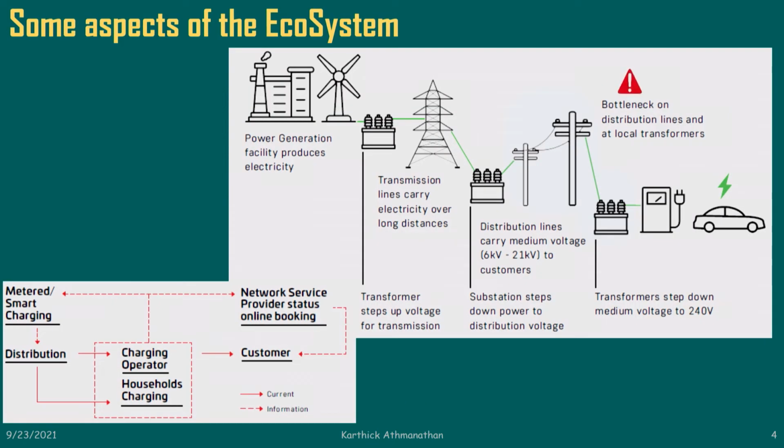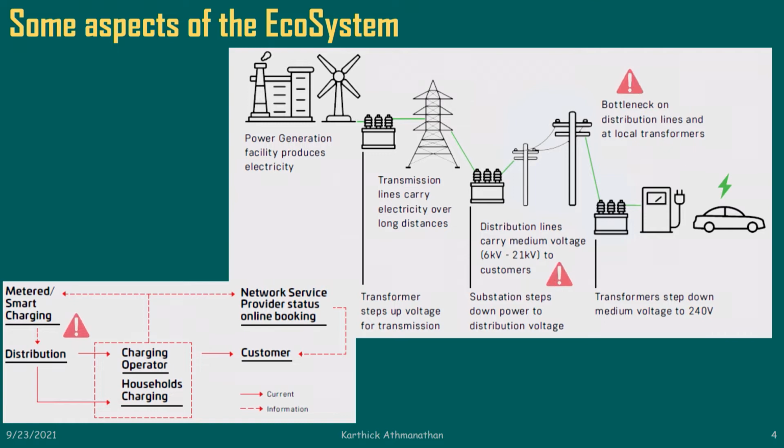This is a classic representation. So if we see here, we first start with your generation right on top. So you've got either wind mills, or you've got power plants, or you've got your solar plants. So that goes on through the transmission at over long distances, the high voltage transmission, and then you go to the distribution lines, and then finally it goes to the charger through a substation, and then your vehicles get charged. So this is nothing new, all of us know this.